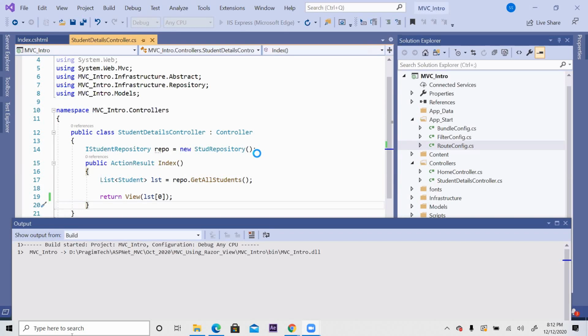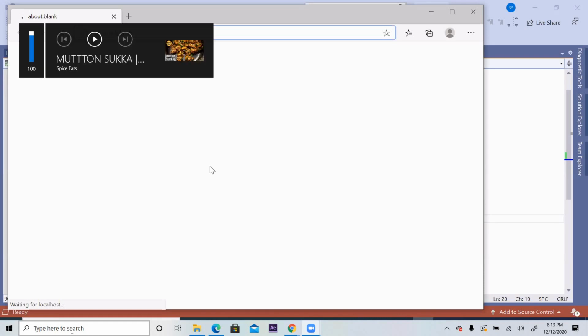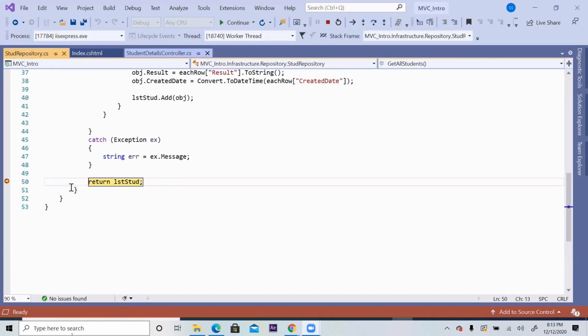Current date and time is so and so. It takes some time to load. I remove the breakpoint.